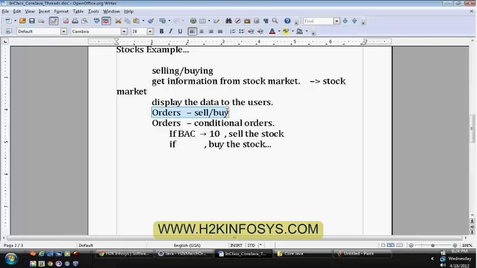And whenever some orders are placed by the user, those are supposed to be executed. And at the same time, he needs to take care of the conditional orders based on the stock value. So there is an interaction required between these two places, either at the information retrieval level or the order placing level. You can specify that I'm following a single threaded approach and I'll do one by one, which is not at all a good solution, because the value might change when you are trying to place an order if you follow a single threaded approach.